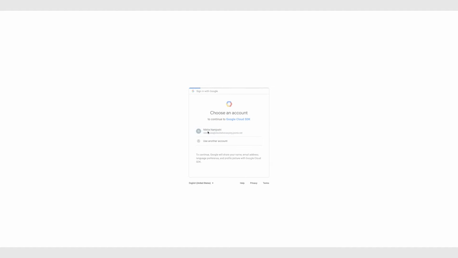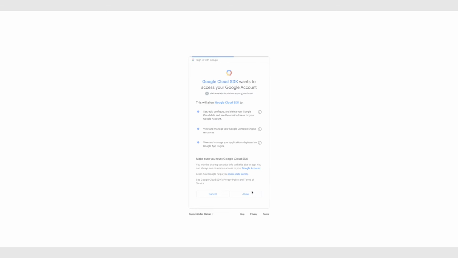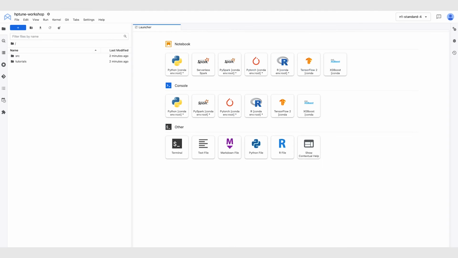So you can just follow the steps in the UI to get the authentication code. Paste the code, select Authenticate, and we will be in our managed Jupyter Lab instance. So that completes the setup, and now we can get into preparing our training code.